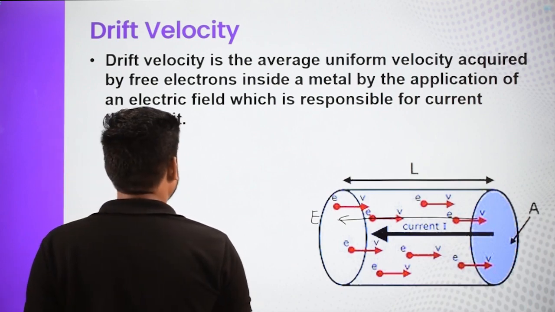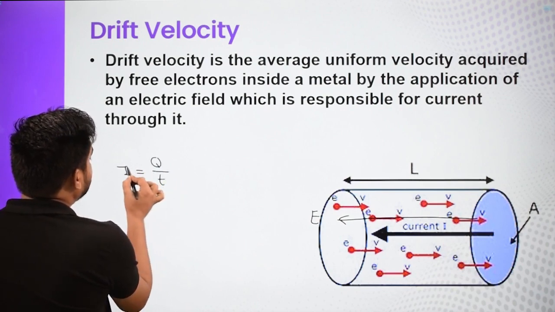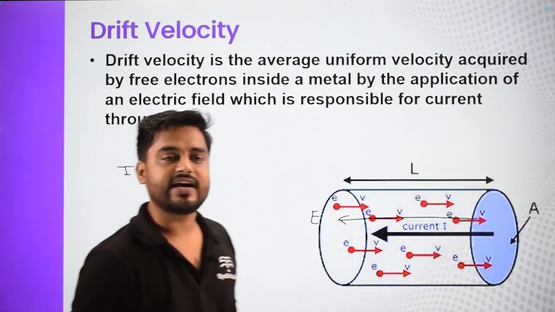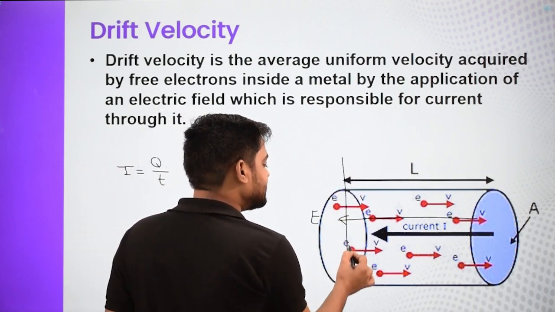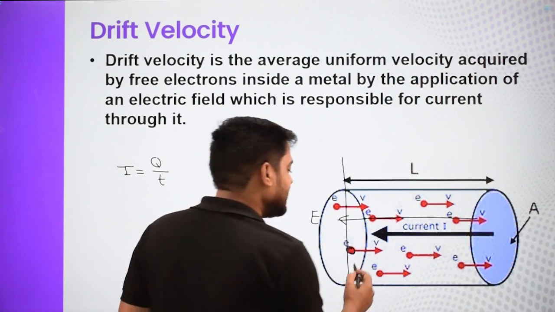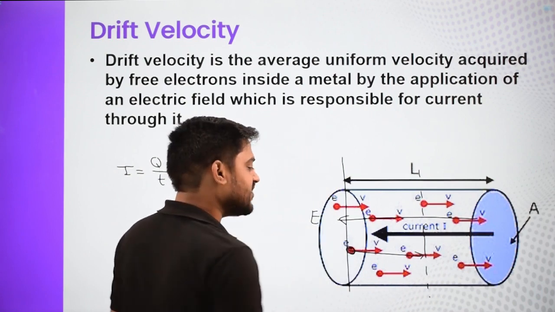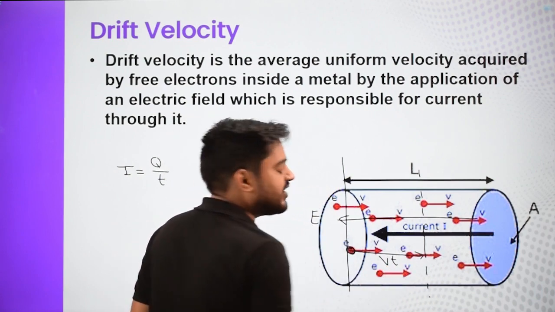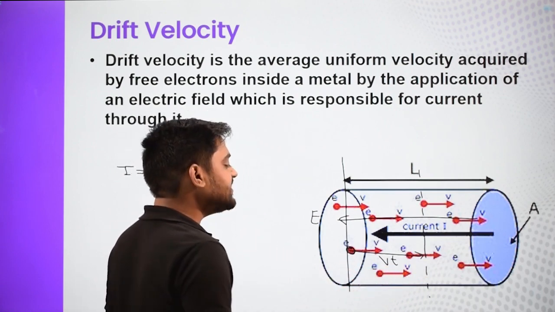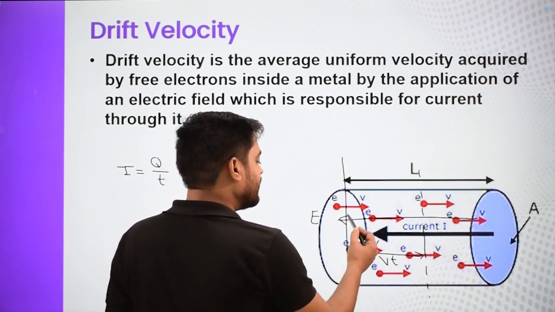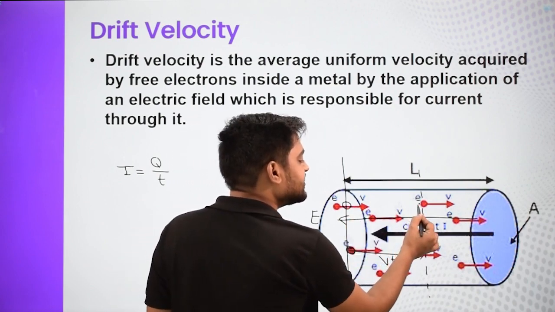So I have to write the current. How do we write the current? Current is the total charge flowing per unit time. So let us say that we are talking about t time. In t time, from this cross section, the electron which starts from here itself moves by a distance. How much distance will it move? It will move a distance of v into t, because distance is equal to speed into time, and this is a uniform speed. So it moves a distance vt. Now if this electron is moving over here, then one more electron which would be present over here will also reach somewhere over here.